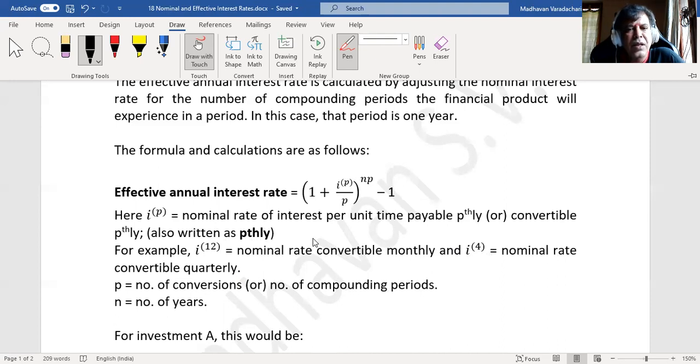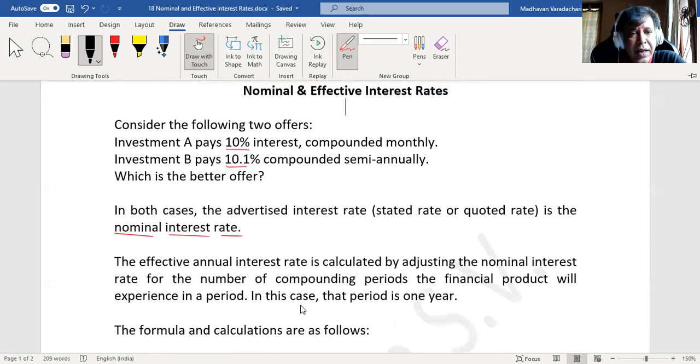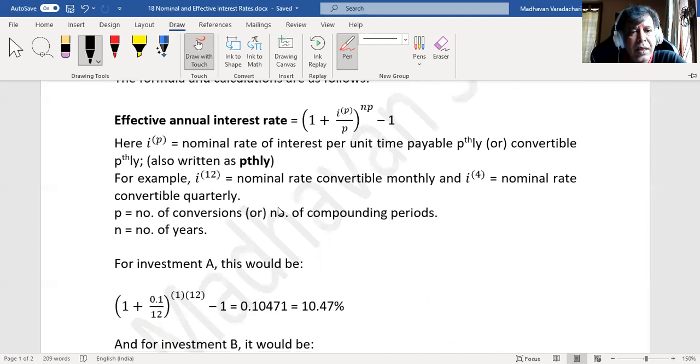So it is much easier to mention in this way. From the notation itself, we can understand what they are talking about. p is the number of conversions or number of compounding periods. n is the number of years. So for investment A, we can calculate. Investment A is compounded monthly, so 0.1 will be the nominal rate, 0.1 divided by 12 because the number of conversions is 12, as there are 12 months in a year. n is the number of years, 1, so 1 into 12. So ultimately you get